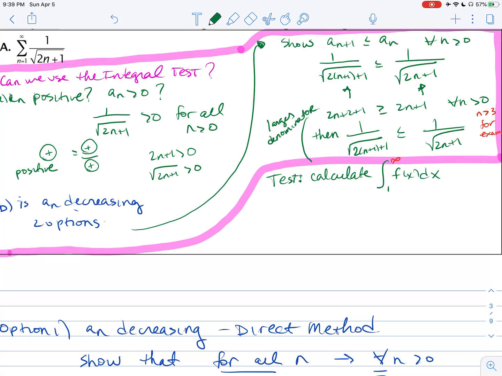So the conclusion that you will make is, if that integral is convergent, then your series is convergent. And if that integral is divergent, then your series is divergent. So I don't have a conclusion yet because I'm actually going to calculate the integral. And so here, how do I calculate the integral from 1 to infinity of 1 over the square root of 2x plus 1